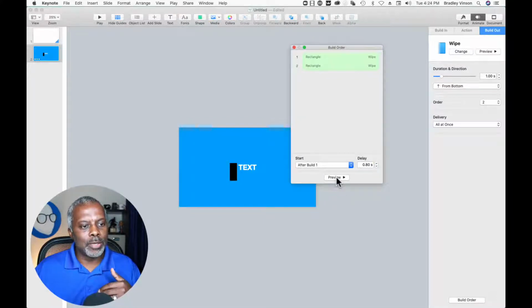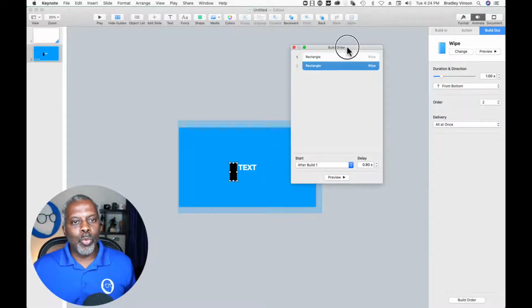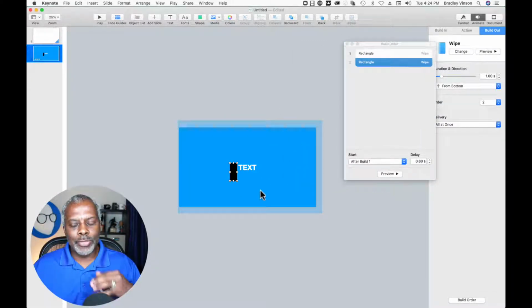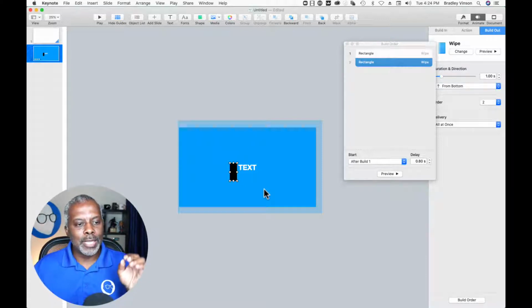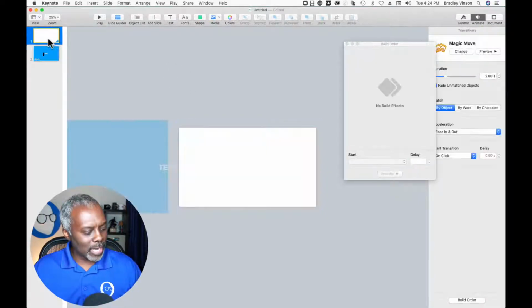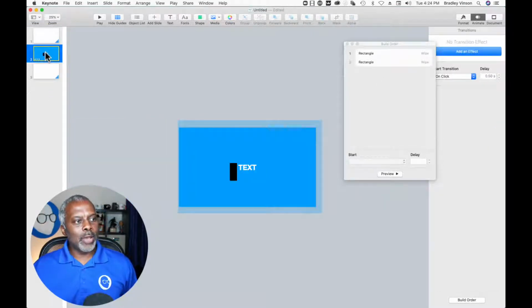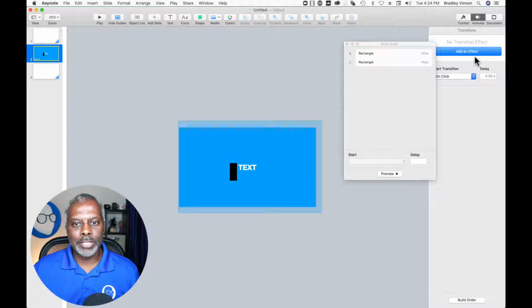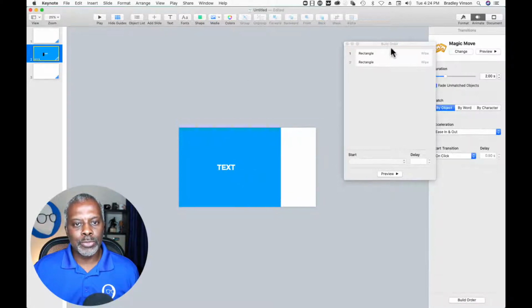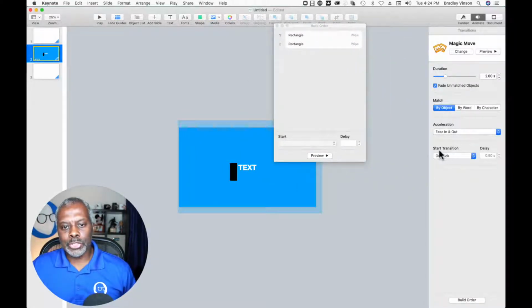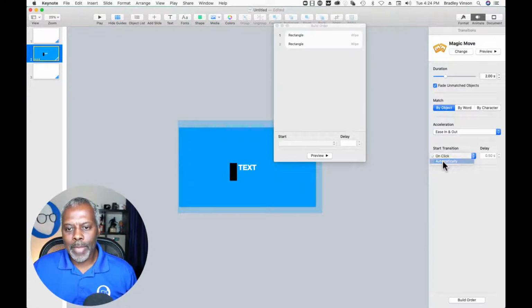All right, so we'll play it. Wipe in, wipe out. So what I did is I made the second half of the magic move happen as soon as that bar left, right? But a way to change that: now we'll copy this one, paste, and we'll sandwich the two. So now this one is going to go back to that kind of end screen, right? So this one, I'm going to go up here to animate, the slide itself, magic move, right? And here, start transition automatically.